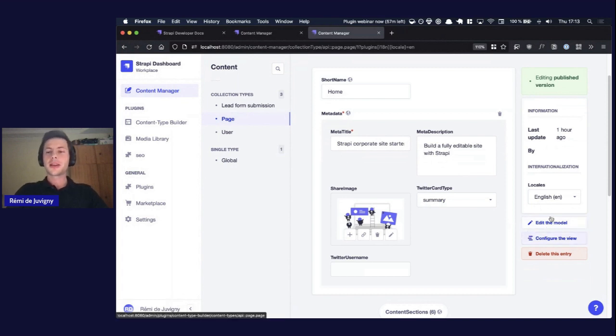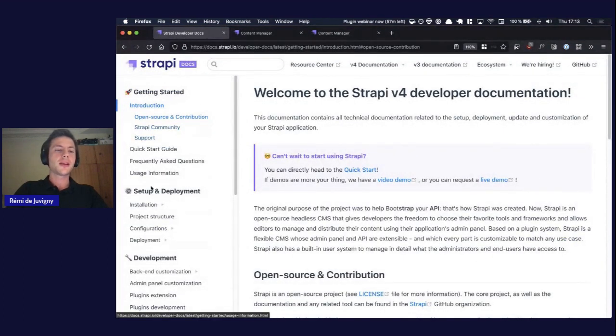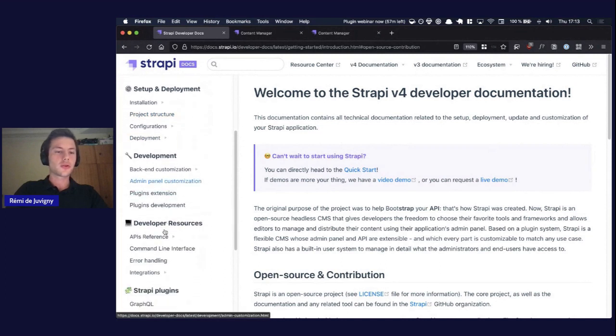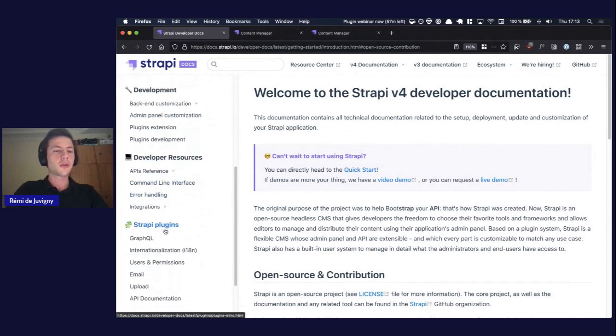And Strapi actually has a feature that allows you to inject some React component in some specific pages and parts of the Strapi admin application. Those are called Strapi injection zones. So I'm going to show you where the documentation is hosted for all of the different resources that I'm mentioning. You have to go on the docs, so